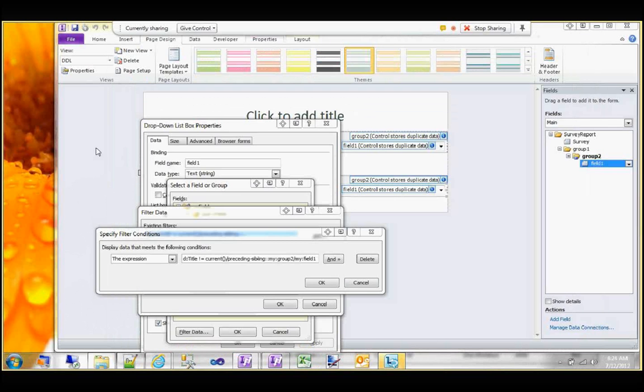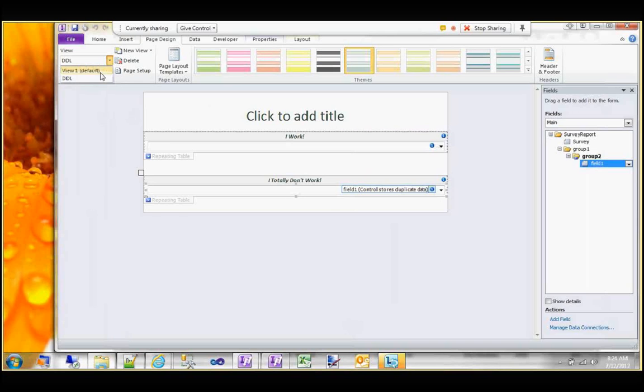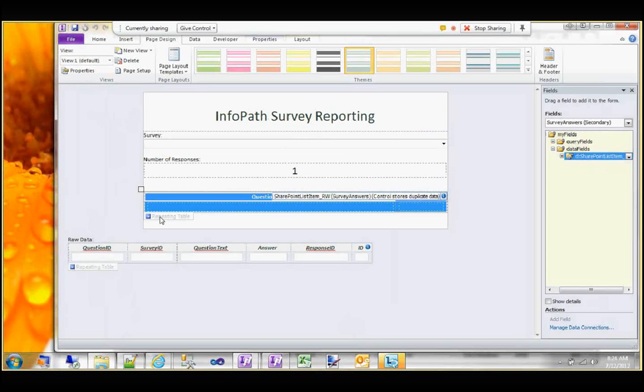Okay, I'm going to cancel this guy. We're going to look at this view next, our view 1, and I've still got it open in preview, so we're just going to take a look at that. Now I've got here 2 repeating tables. This repeating table has some conditional formatting on it,